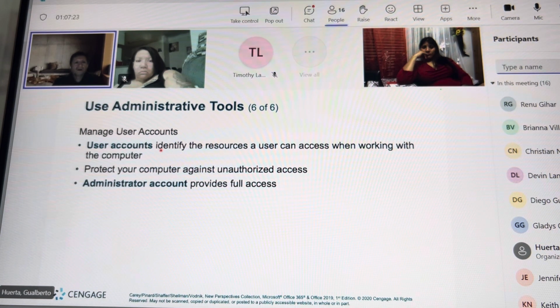Okay. All right. Another feature of the operating system is how to manage user accounts. User accounts identify which resources a user can get access to. And like if